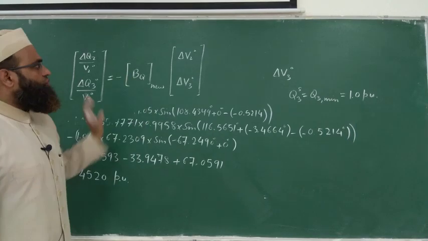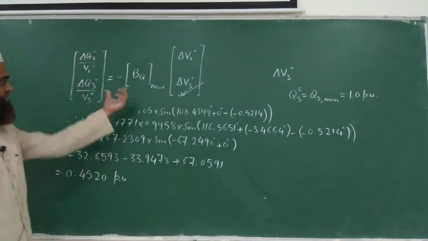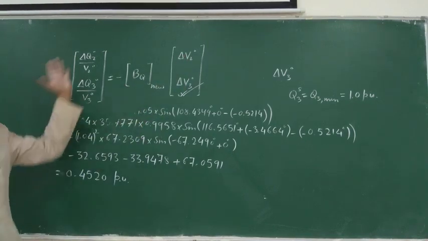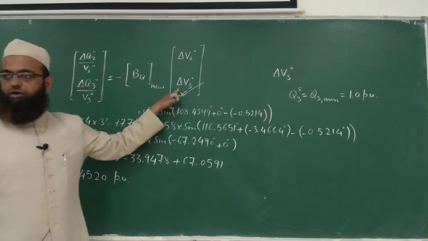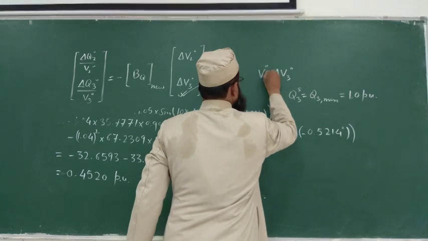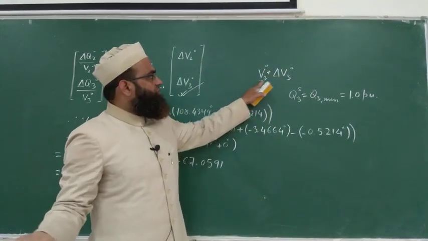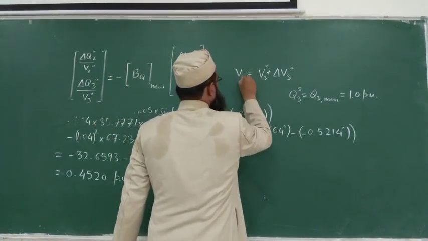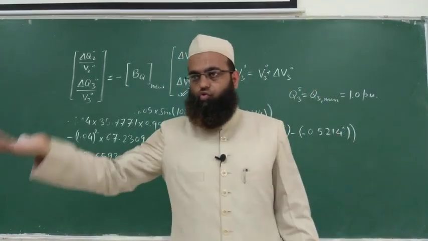So with the help of these two, you will evaluate this. How to get this? Second row into this, or finally you have taken the inverse of this. So 2 by 2. So second row into this will give you this. Once this is known, you will add it to V30, which is the specified one, 1.04, plus whatever value you are getting. This will give you V31. Now iteration 1 is over. Now you will move to iteration number 2 if required.